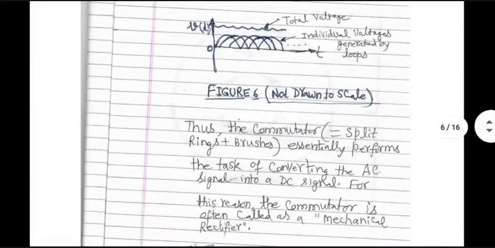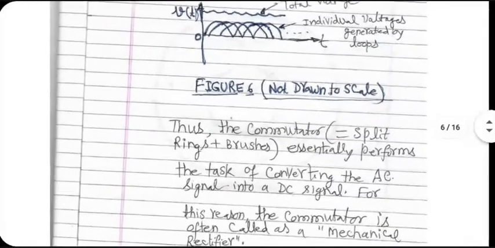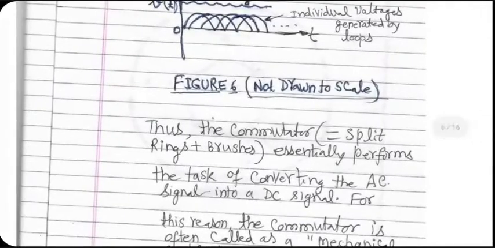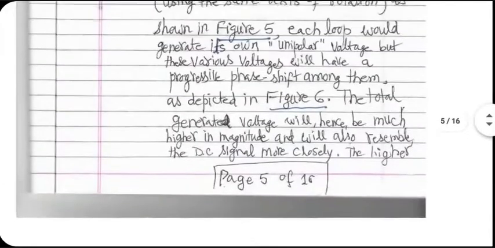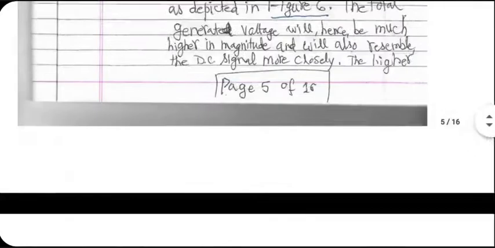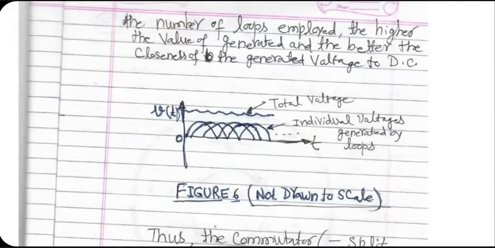So the commutator converts everything into unipolar voltage. But if you are using a commutator along with a large number of loops, then you almost get a DC signal. Of course, the commutator becomes a lot more complicated when you have more loops. We'll come to construction details later because I cannot show them in a document of this type. You need a pictorial description. For that, I have got a couple of PPTs, which I'll show later. Right now, assume that the commutator is going to be a lot more complicated.